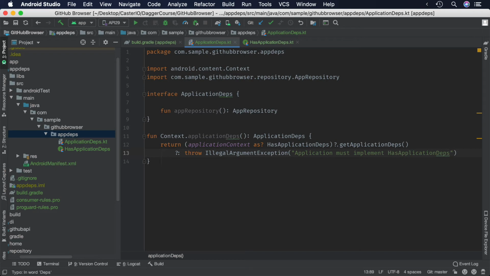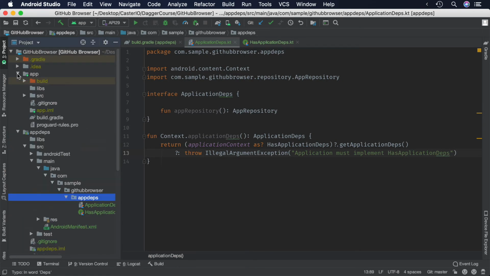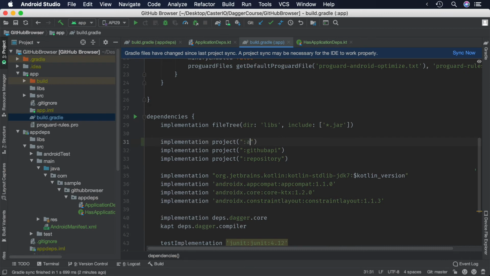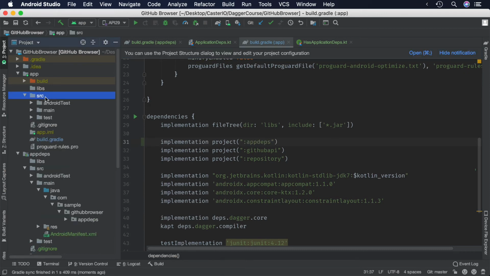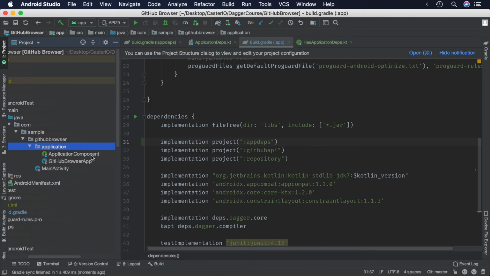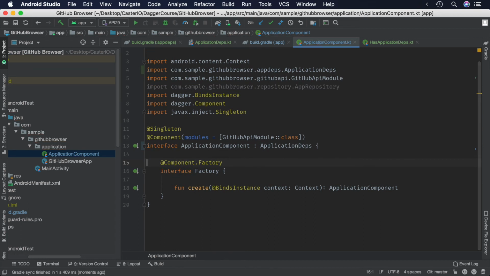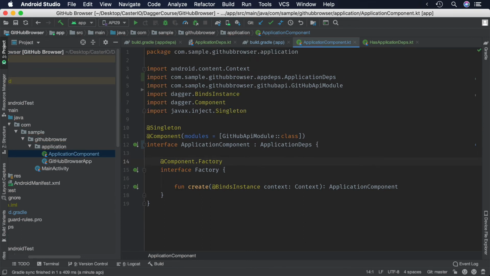In the build.gradle file of the app module, add a dependency for the app_deps module that we just created. Run a Gradle sync, and then open the application component class. Here, we'll have our component extend ApplicationDeps. We can remove the app repository function that we already had in this component, since this is now covered by